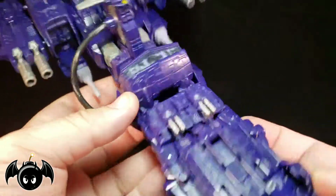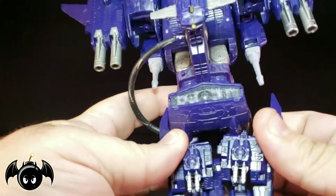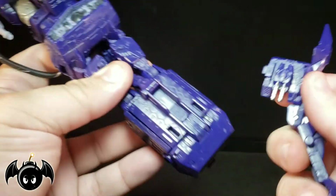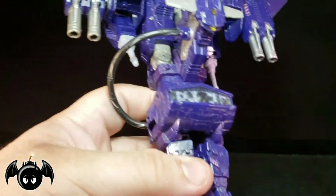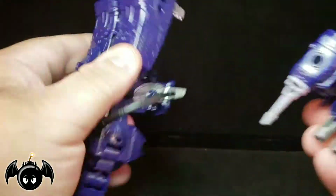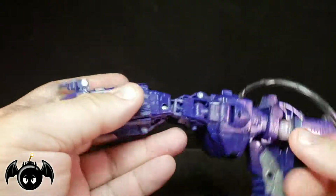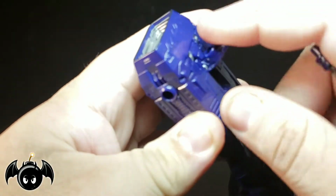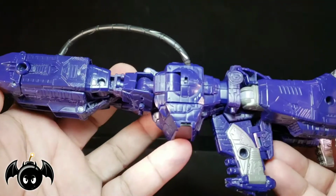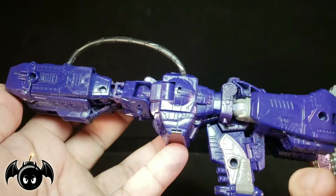Okay, so this is what we're going to do here. We're going to take this section off right here. This whole front end needs to come off like so. We can just peel these off like that. Take that off, and this whole section will come off, and that becomes separate. We can take these and close those. Then we can take this little wire, fold that little leg down right there, that was part of the landing gear, plug that forward like so, and now we have